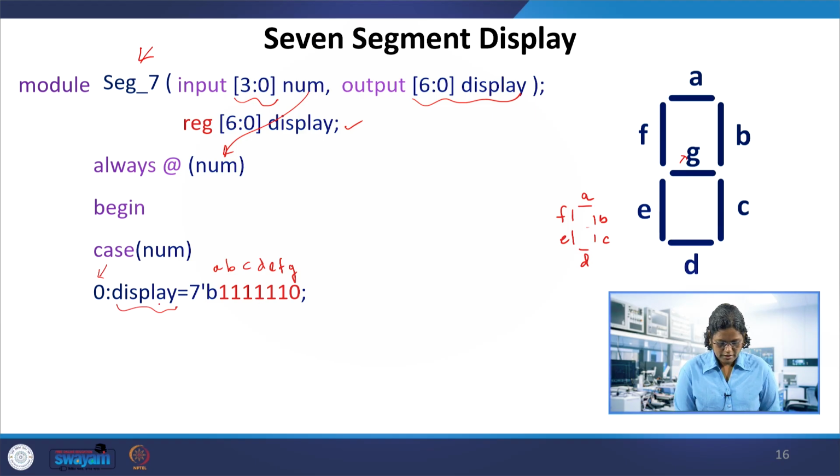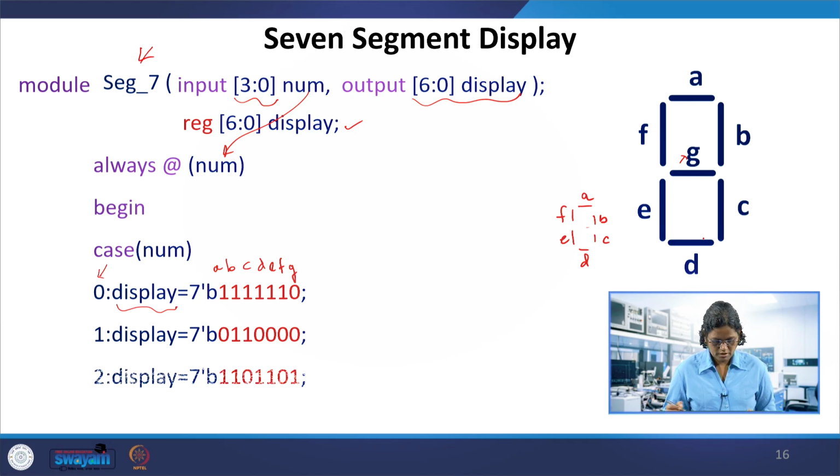The next case, suppose it is 1: B and C will be 1 and the rest of them are 0. So for 1, B and C are 1 and the rest are 0. For 2, A, B, G, E, D are ones. This is for 1 and this is for 2.